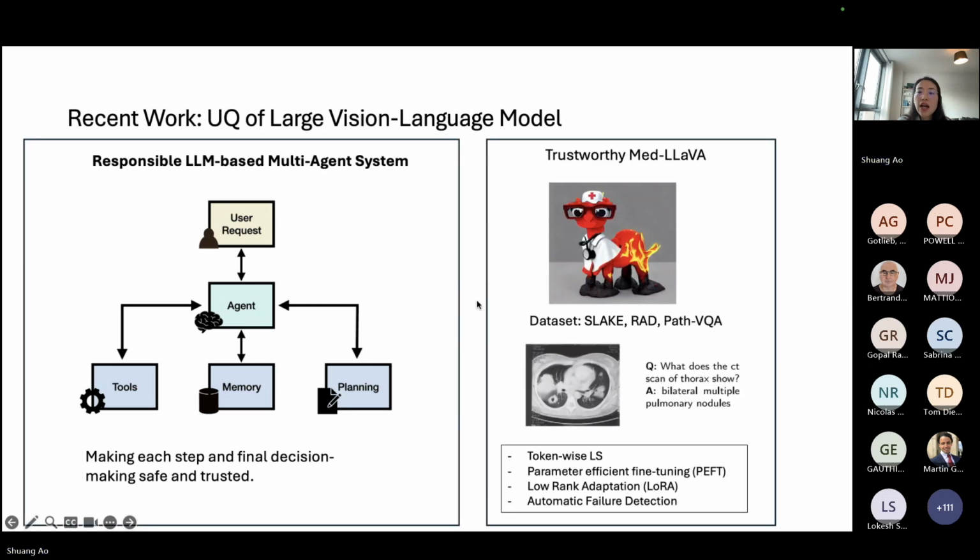And another one we are doing is as we look into the medical domain, to deal with the multimodality data with the large language model. So for example, for the data set, this is one CT scan, and then have the question and answer in this way. So we are trying to deal with, let's say, the medical report generation and how to evaluate and integrate more human principle in this way.